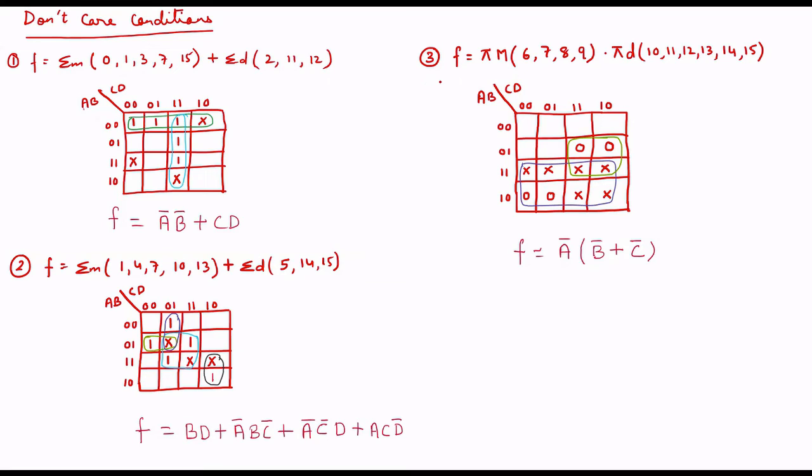Now coming to the third one, you can see I have taken a different question. There is a POS equation: pi of m, values are given, dot pi of d. So this is a don't care condition in POS. Taking all together, I am finding 15 as the highest value, which means 4 variables. I have taken a 4 variable map over here. For these values I have taken 0, and for these values a cross mark. This cross mark is common for the summation of min terms as well as pi of m, but the cross mark will be considered as 0 in pi of m, while for summation of m it will be considered as 1. So for these 2 zeros I am considering all the cross marks as 0.